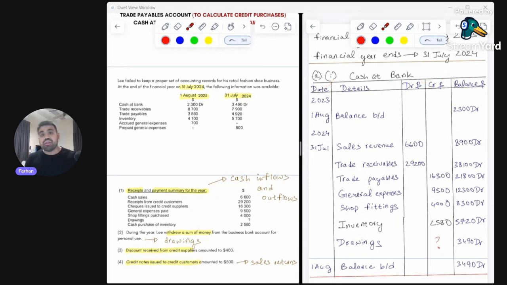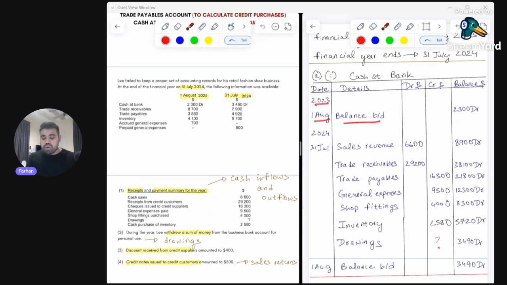So cash at bank in itself is a current asset account. And the reason this is an asset account is because we can utilize these funds within our business for the purpose of running our operations. So these funds have economic benefits. And also when we are talking about cash at bank account being an asset account, we know that by default, all assets are to have an opening balance on the debit side, which also means when assets increase, we debit them. So you can see here on 1 August 2023, I've got the opening balance mentioned in the details column,